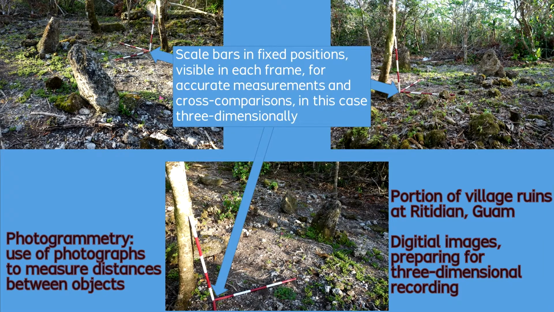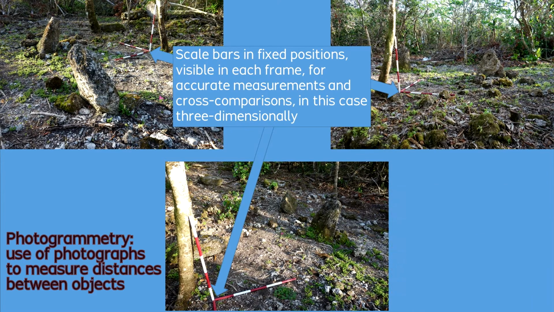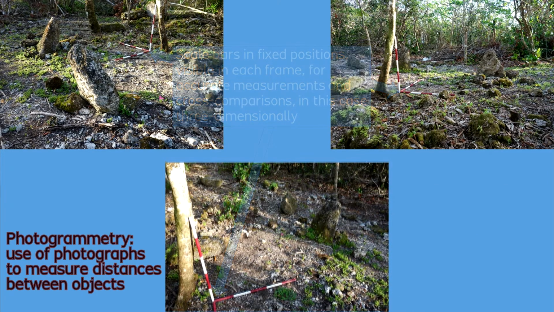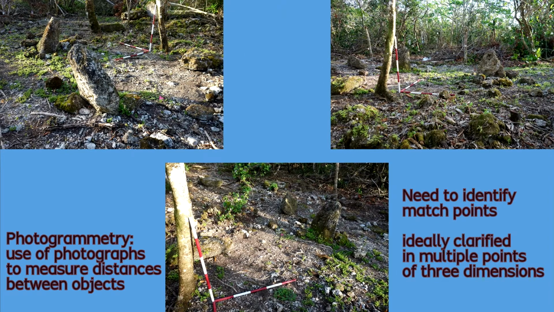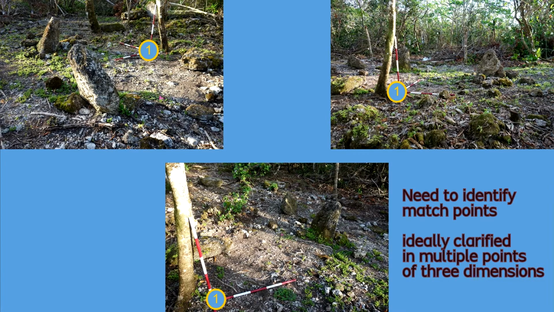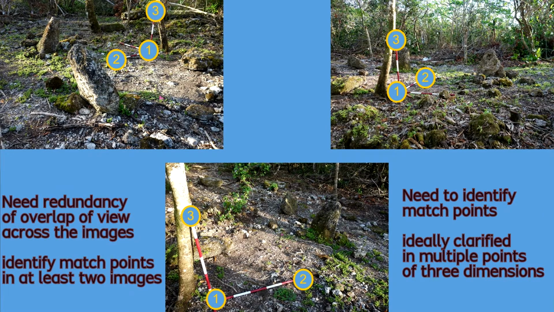Photogrammetry refers to the use of photographs to measure distances between objects. Overlays or composite views of photographs can allow different kinds of measurements. Potentially, those measurements could be applied toward creating three-dimensional models of the measured objects in those pictures. The three-dimensional products depend on finding match points among two or more images. Many software programs now can process images automatically from match points and pattern recognition, but sometimes you may need to